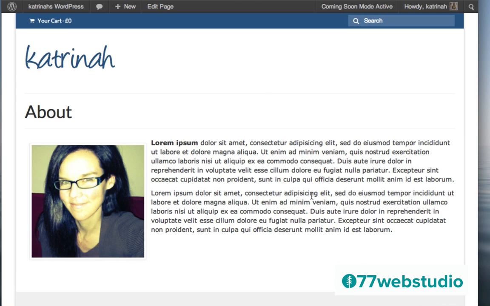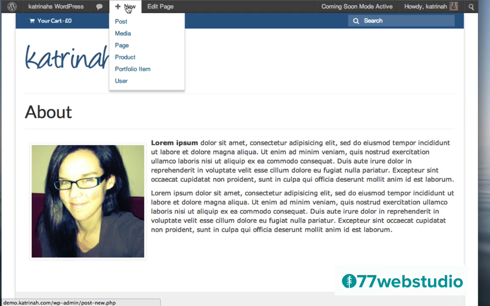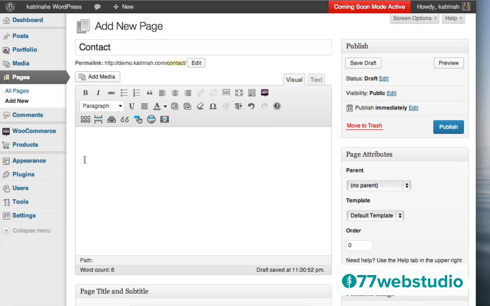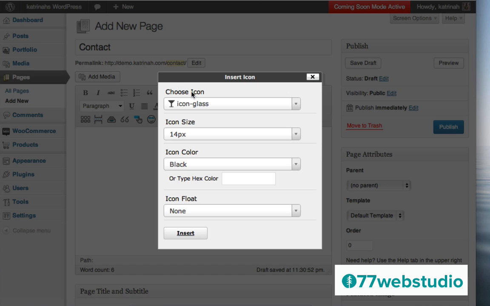So the next page that I want to add is a contact page. So we'll add a contact page by once again going up to the top toolbar, hovering over plus new and clicking on page. And as we did in the previous example, for this particular page, I'm going to add a title here by just putting in contact, since this will be the contact page. Next, here in the content box, now we can add our contact info. So the really cool thing with this theme, the Virtue theme, is that it gives us some icons that we can add along with our contact info. So I'm going to add an icon by clicking on this smiley face right here. And you can see that here we can choose our icon.